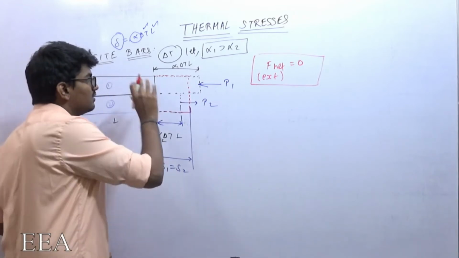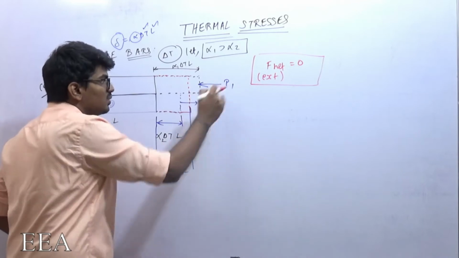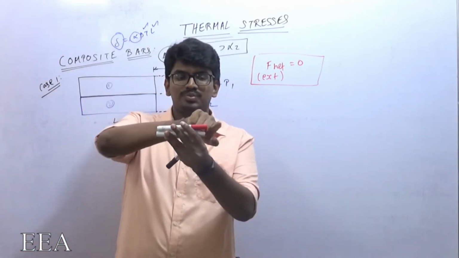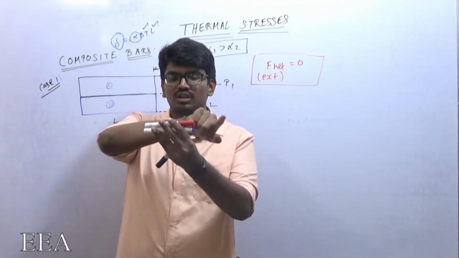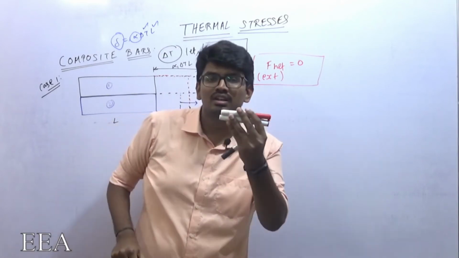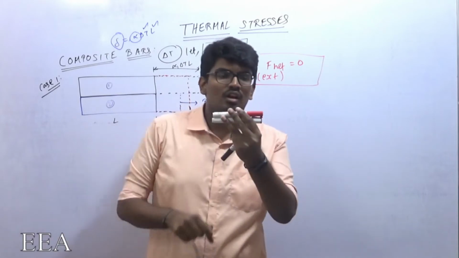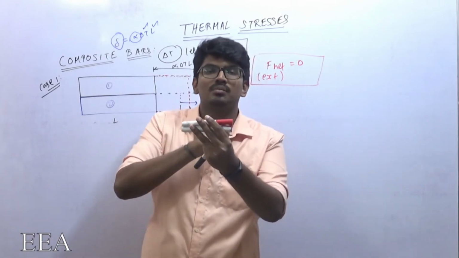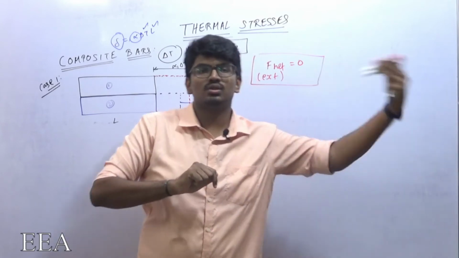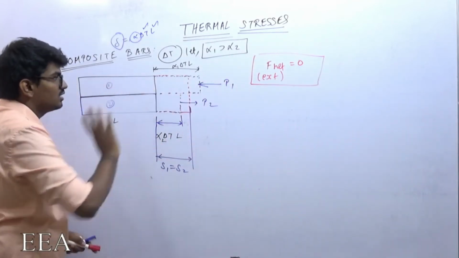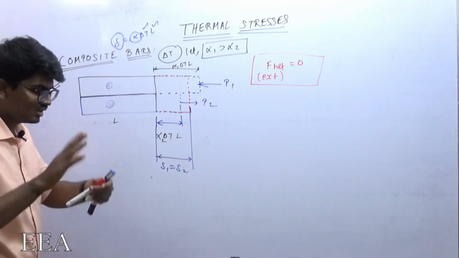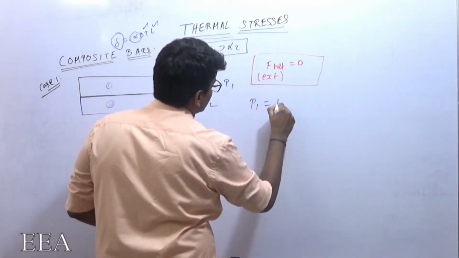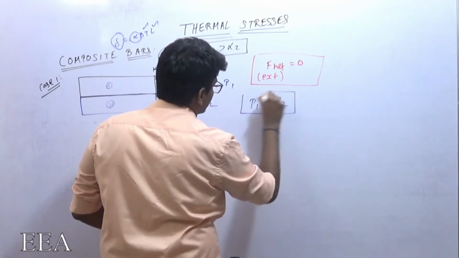If P1 is greater than P2, you can consider it like this. So if the compressive load offered on the first member is greater than on the second member, then this will be moving like this. Or else if the tensile load acting on the second member is greater than the compressive load on the first member, this will be moving this side. Which clearly says that is not possible, because it is in equilibrium. So for maintaining the equilibrium condition, P1 should be equal to P2. So that is the first equation.